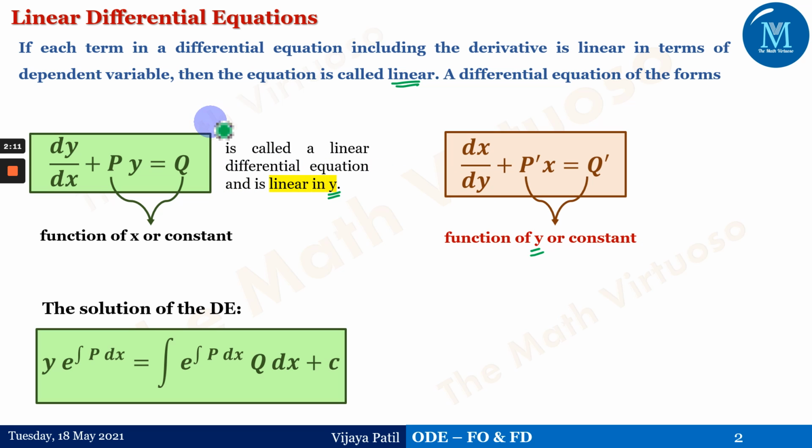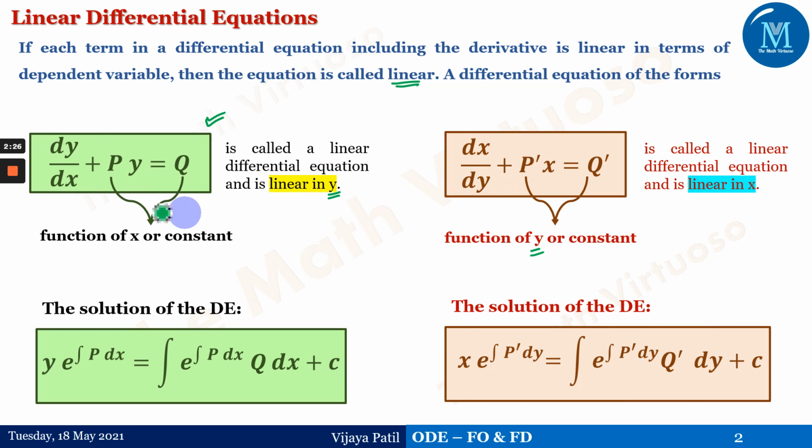If you are just considering the definition, most of the books define only this particular linear differential equation, and this is covered in most of the examples. If you observe here, it is almost in a similar way, only the roles of x and y are replaced, as well as the p and q functions of x, wherein p dash and q dash are the functions of y. The purpose of putting p dash and q dash here is so that we can easily differentiate the first and the second form. Normally it is given only in one form as a definition.